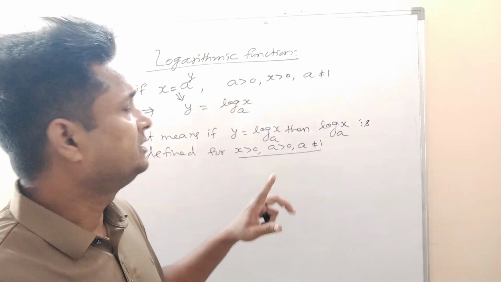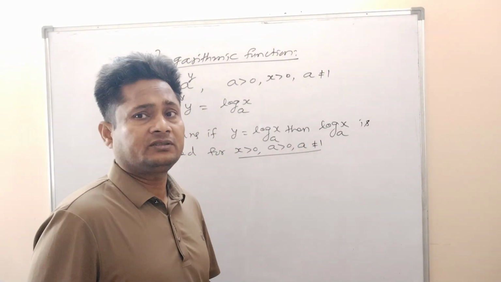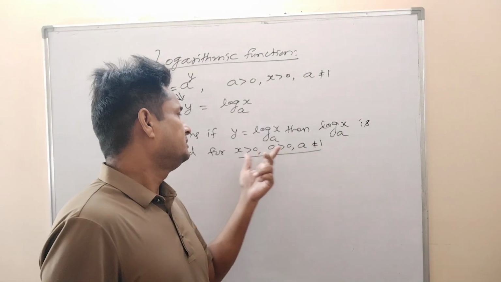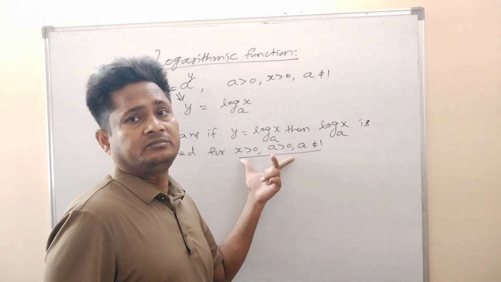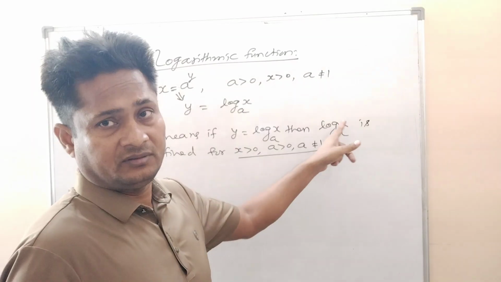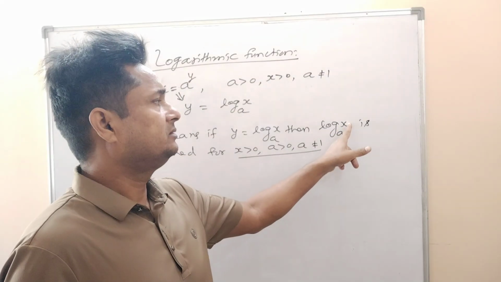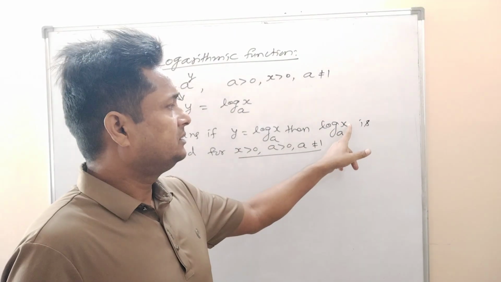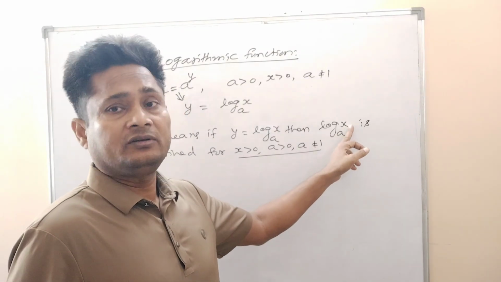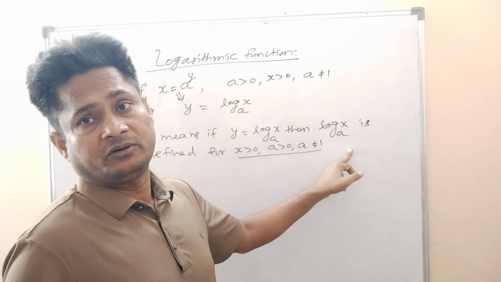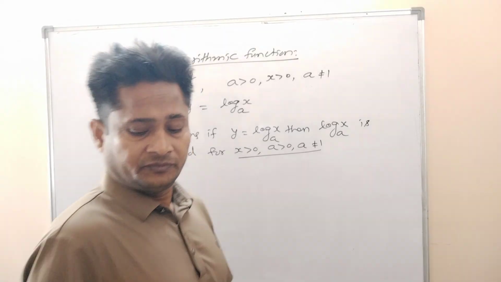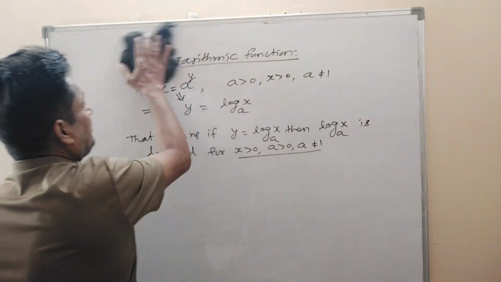You have to remember that if any expression is written like this, log x base a, then these values must satisfy the input conditions. Log has two inputs, here x and this is the base. Both are inputs, so x will always be positive, base will always be positive, and base cannot be 1. Right. So now